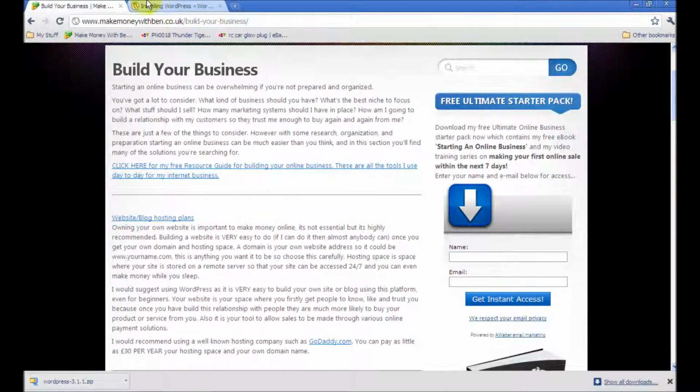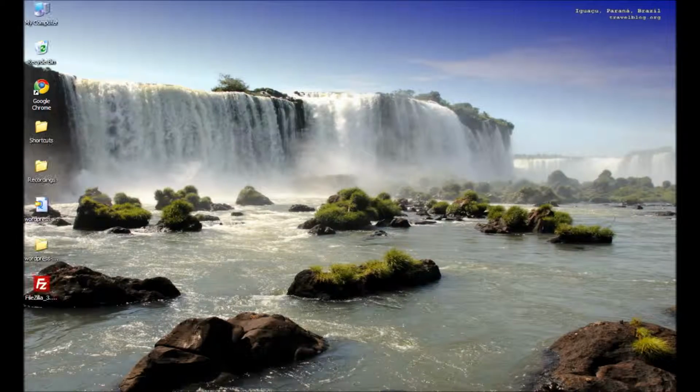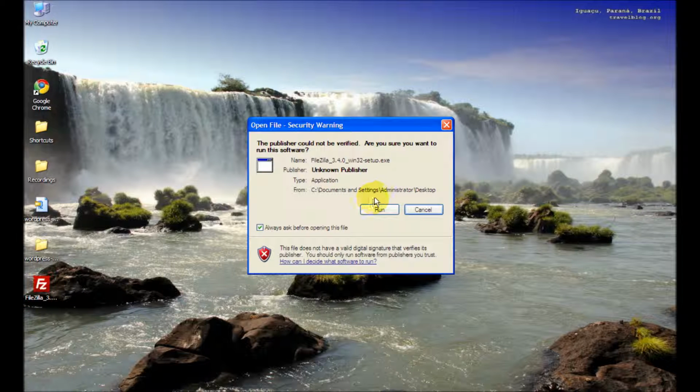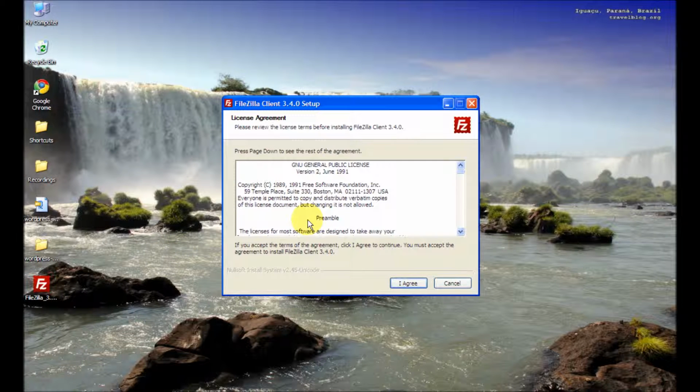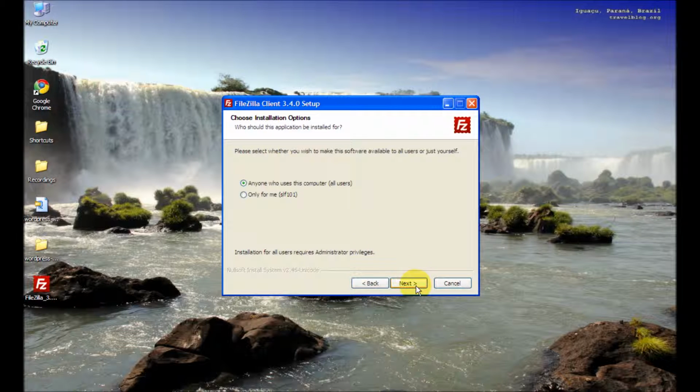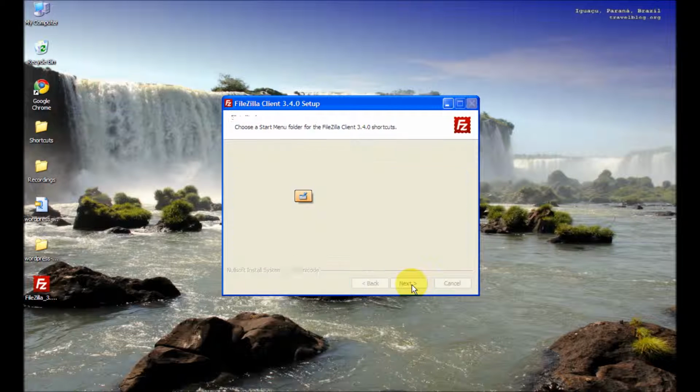Okay, just give it a second to load up. Now we'll try and install it. So you can press run. Install it as your usual program. I agree. Yeah, let's just keep going through this quickly. Once it's installed,